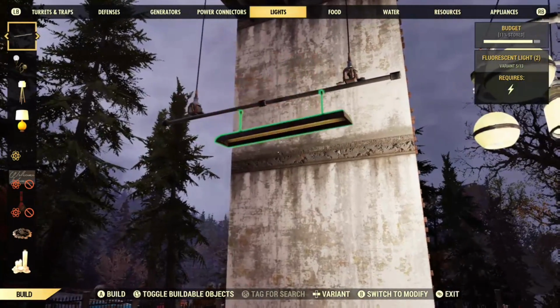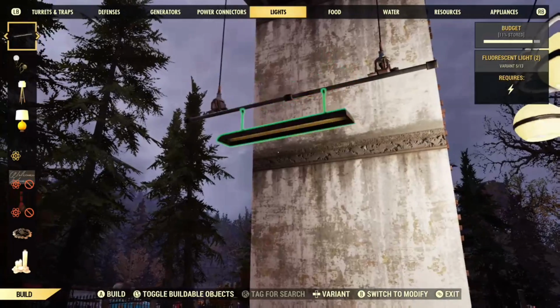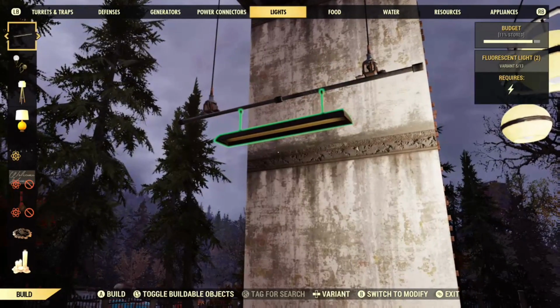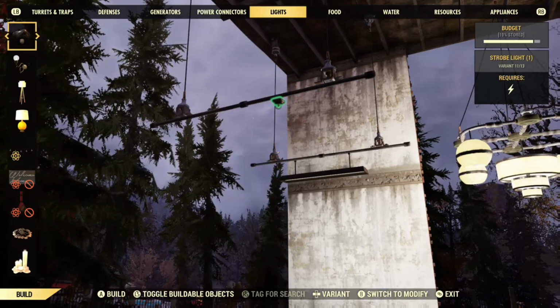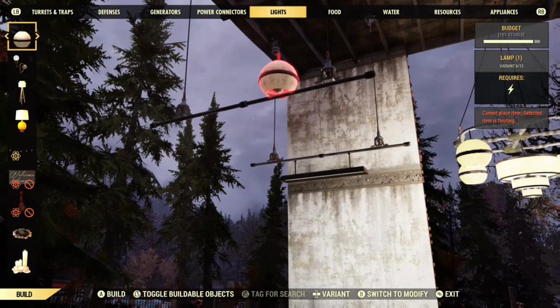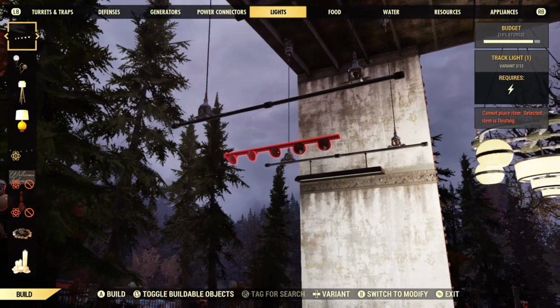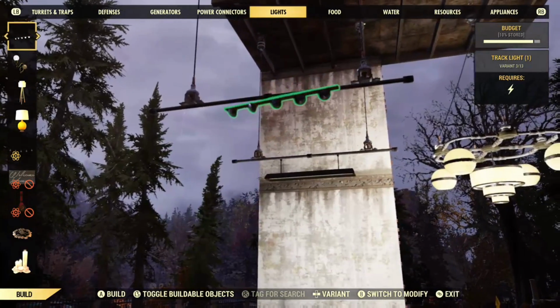Now I'm wondering to myself what we called them in Fallout 4. I think they were called high-tech lights. I think. Who knows? Whatever. They're in there. They look pretty cool. And whatever. Let's snap this